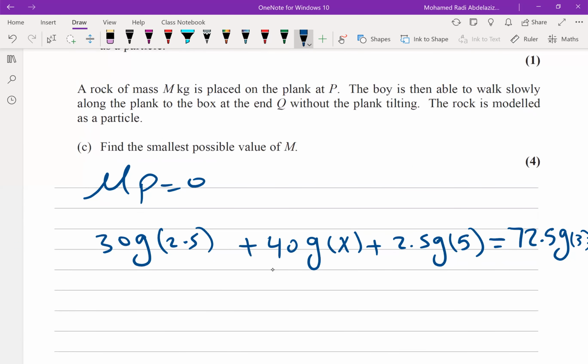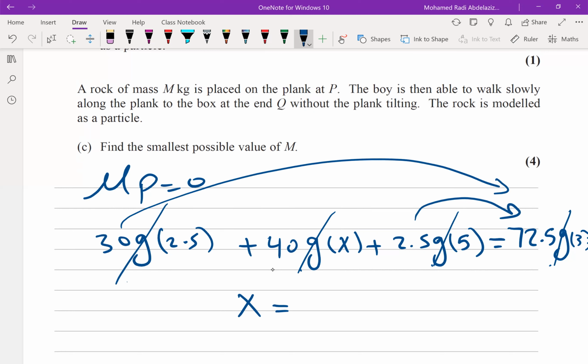From this equation, you can find the value of X. When we divide all by G, you can find X: 3 times 72.5 minus 2.5 times 5 minus 30 times 2.5, then divided by 40. So the answer is